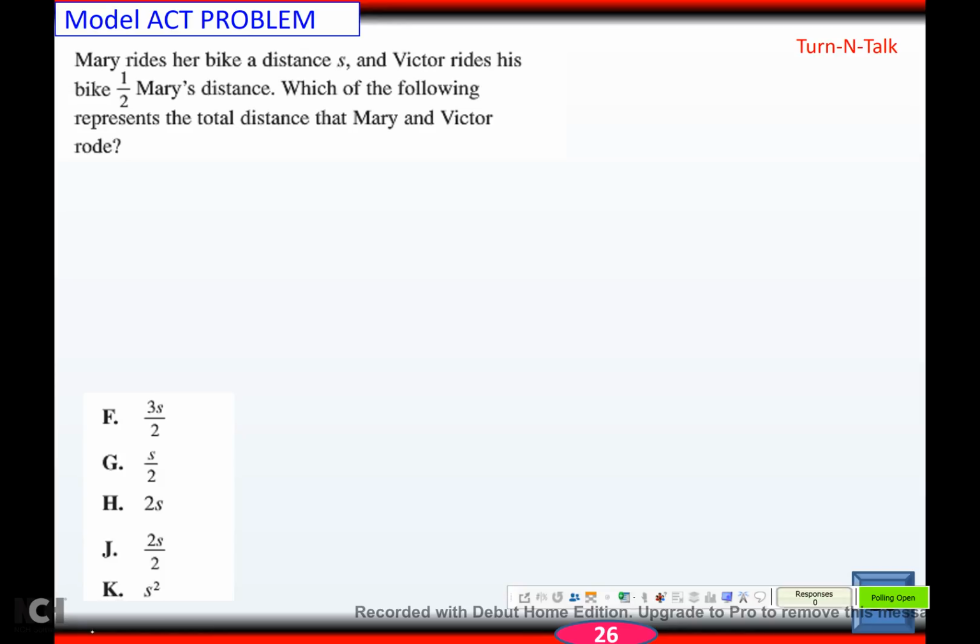And hopefully you got X. So it says Mary rides her bike a distance s and Victor rides his bike half of Mary's distance. Which of the following represents the total distance that Mary and Victor rode? Well, if Mary rides her bike a distance of s and Victor rides half of Mary's distance, that's half of s. Okay, so we're taking s plus 1/2 s, which I don't see there, so they must have gotten